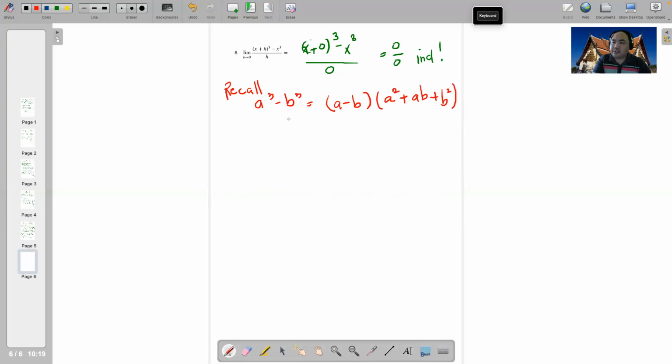Okay, this is from your 8th grade algebra. All right, so sir, what's the relation? Well, here you go. A suitable replacement to the original function is